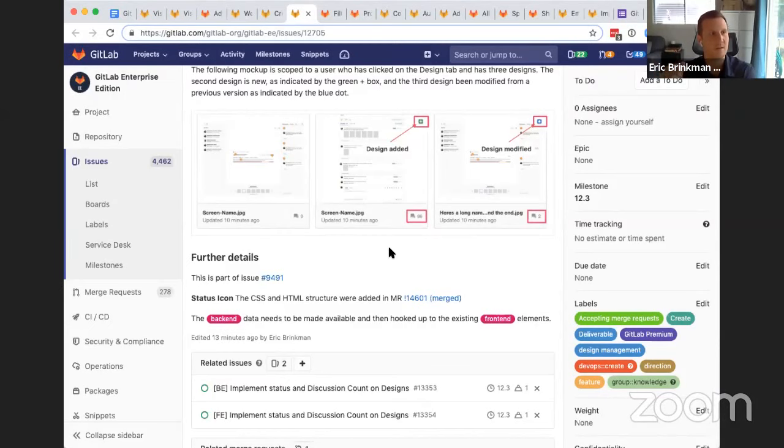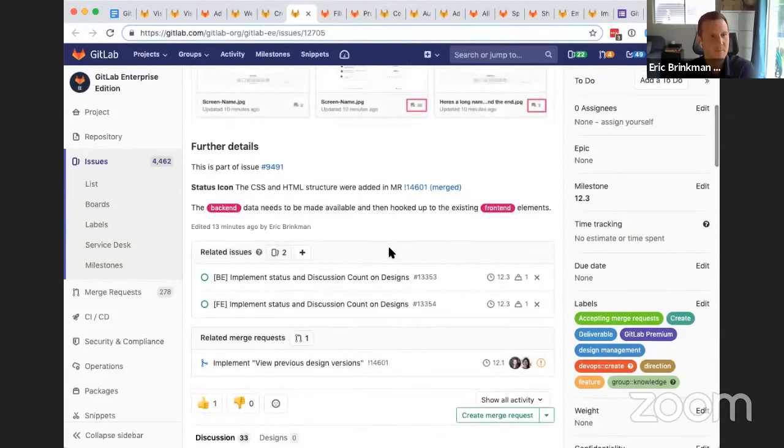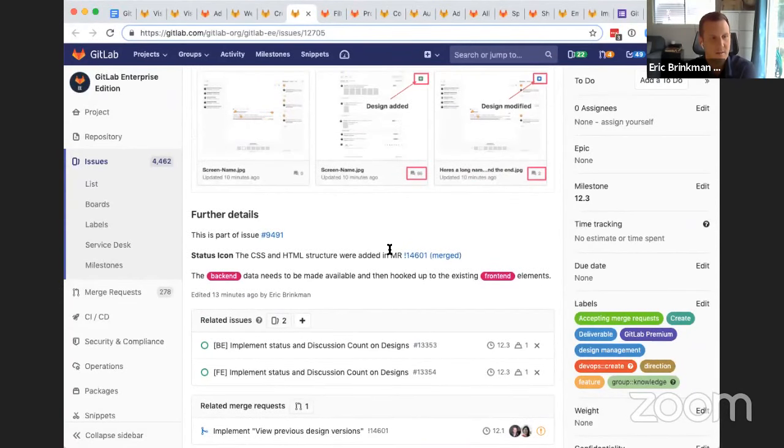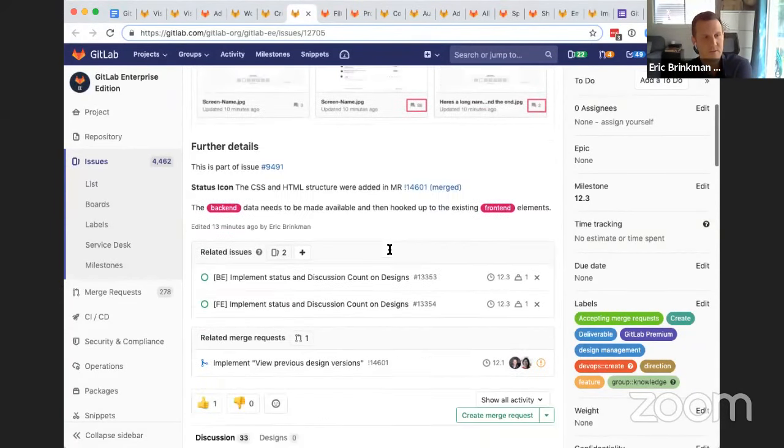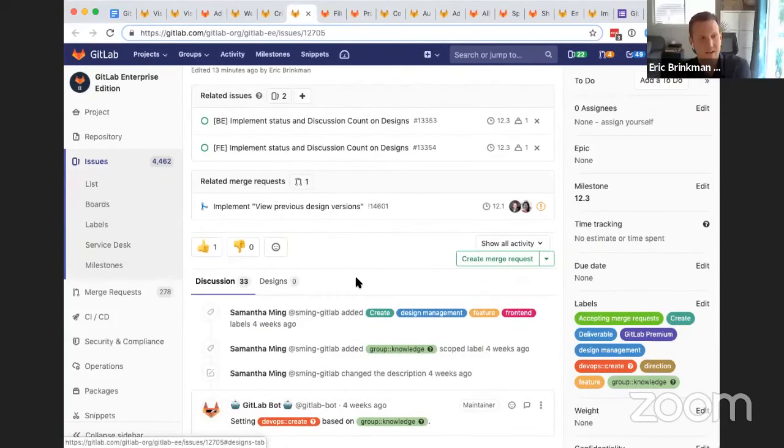And if you scroll down just a little bit more, you can see that designs tab right there, just up a little bit more, right next to that discussions tab, down just maybe 2 inches. Right next to that discussions tab, no worries. Yeah. Got it. There's now a designs tab.